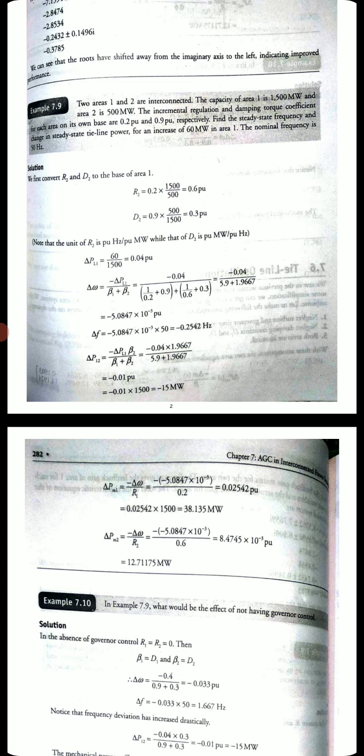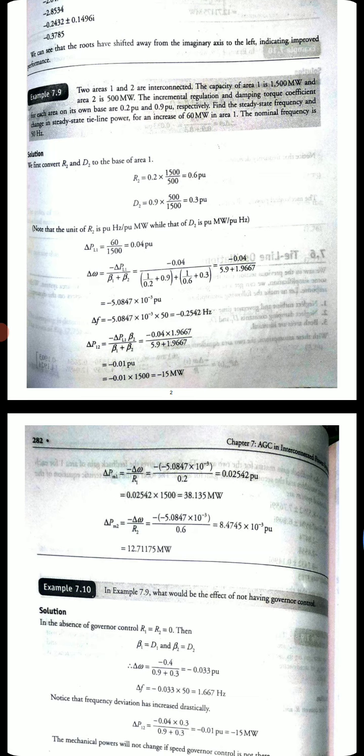Same thing, beta 2 is equal to 1 over R2 plus D2. We will put all the values here. R1 and R2 as it is, R2 and D2 are in actual values converted into area 1's base. Now we will get the delta omega value as minus 0.04 over 5.9 plus 1 plus 1.9667,